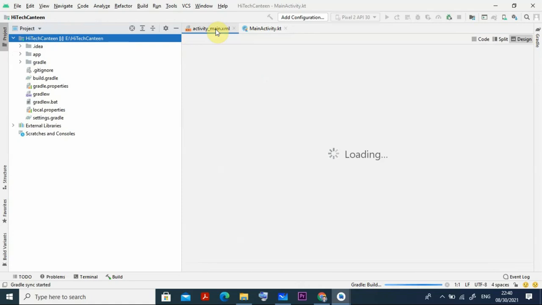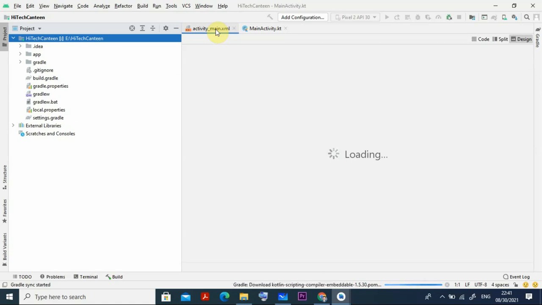It is still loading, and in this activity_main.xml, which is the XML file, we can go for the design. So two options are there. You can write code to develop, or you can drag and drop all these items. For example, if I want a label, an input box, radio buttons, or buttons, whatever I want, I can drag and drop, just like you do in ASP.NET. So that part you can also do here. The Gradle is building, so you can wait for one minute.